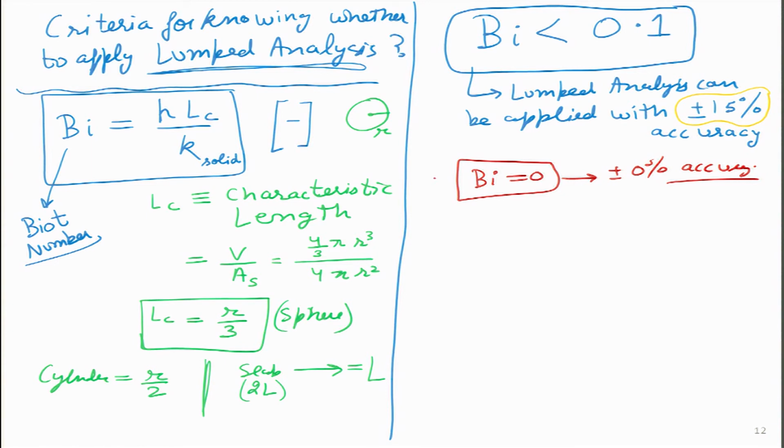Of course, this will never happen in real life, because this can only happen if the dimension is very large or the h value is very large. Or I am sorry, I am telling it the other way: if the dimension is very small, h value is very small, or in other words the k of the solid is very large. And we have already seen in our first lecture that for copper, for diamond, for carbon nanotube, k of course has a limit. There is no substance known to man where the k value is infinity, because only when k value is infinity can Biot be 0.